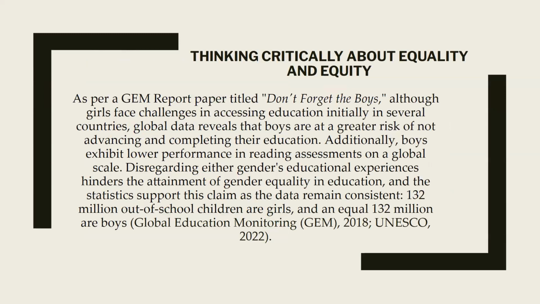One of the things I also mentioned as we were logging off on Tuesday is what I see also that Dr. Victoria mentioned in her welcome speech, equity, remembering that we are also looking at both boys and girls, men and women, and not just girls. And we do have reports. We have one called Don't Forget the Boys that actually told us that globally we have 132 million children out of school, and those are girls. And apparently we also have boys of equal number.